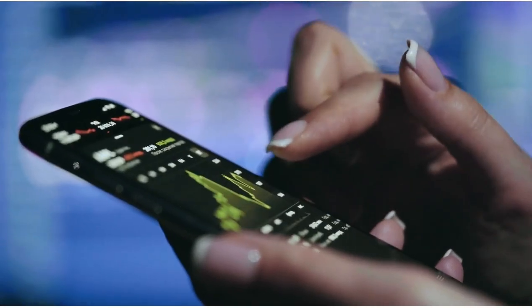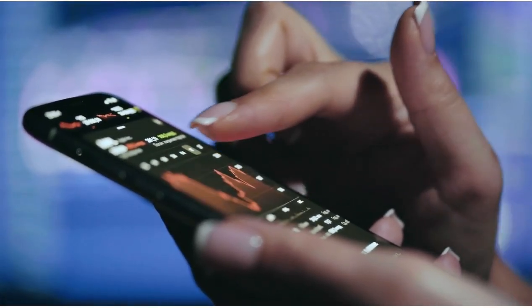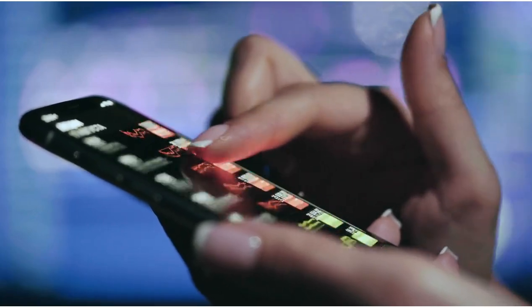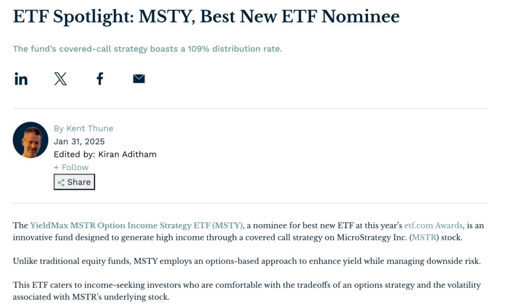I saw this article and I thought it's very important for me to keep you updated, because this is going to give you more information about your investment, especially if you're an investor who is investing in the MSTY ETF. Spotlight: MSTY, Best New ETF Nominee. This article came from ETF.com, one of the best websites that covers a lot of ETFs. The author is Kent Thune, and at the bottom, it's very important information to know